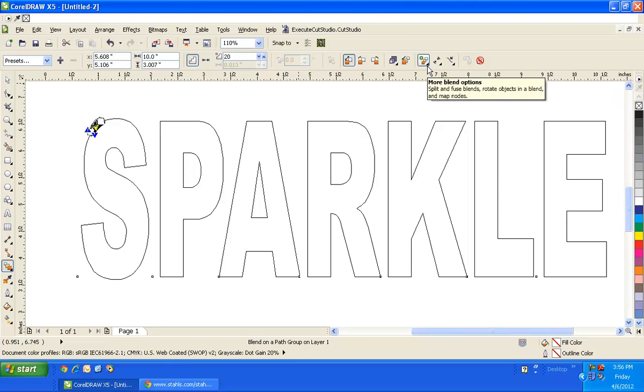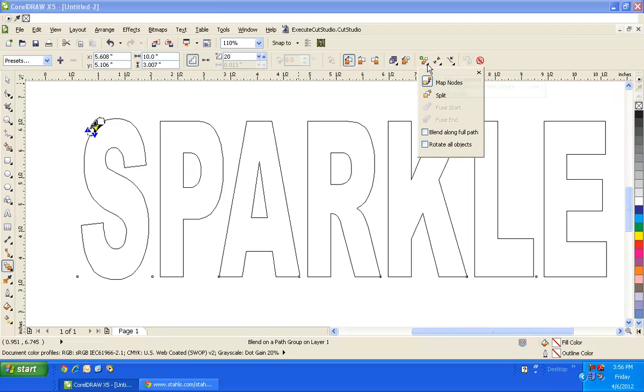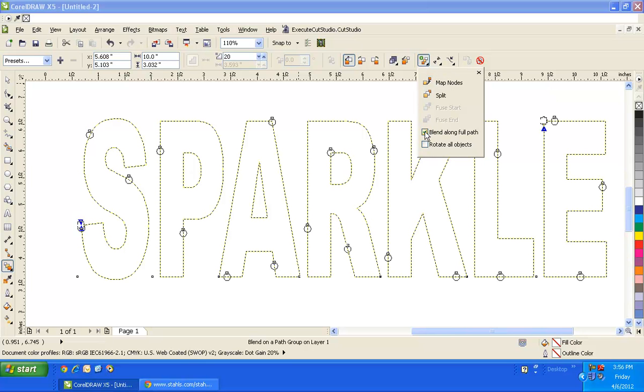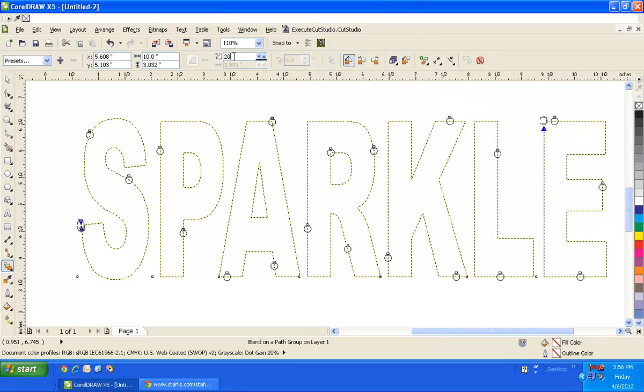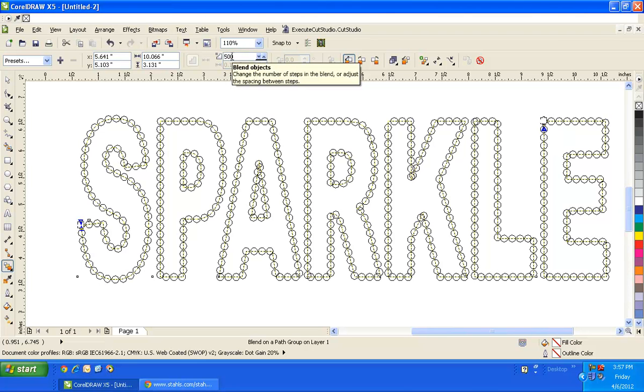I want to go to my More Blend options and hit the down arrow, the little triangles, to have more options, and I want to blend it along the full path. It's going to take however many blends it can fit between one destination and the other that I dragged it from, and it's going to spread it out amongst the whole entire path. And I can manipulate the amount of blended objects in this box here, where it says 20 right now, which is the amount of circles that were originally in my blend path. I can change it to like 500. I can change it to